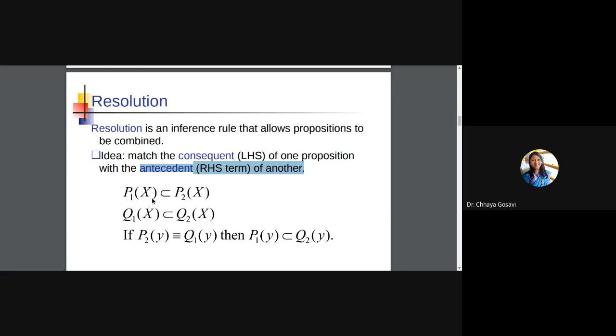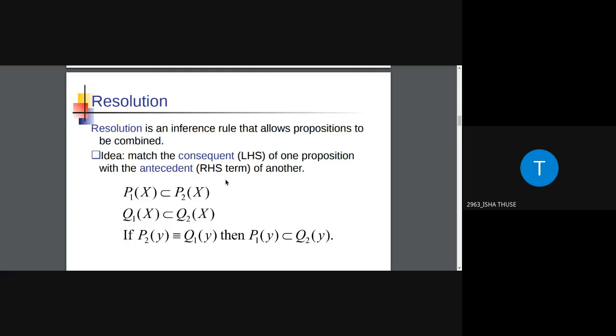P1 of X implies P2 of X, and Q1 of X implies Q2 of X. If these are two rules, and there is a relationship between P2 of X and Q1 of Y, can we say that there is a relationship between P1 of X and Q2 of Y?